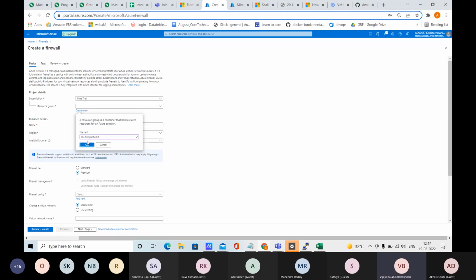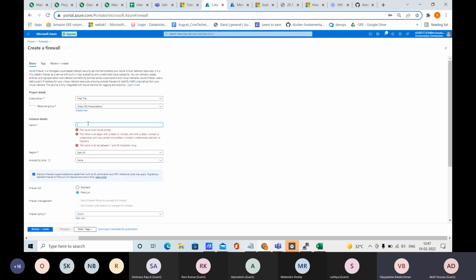A resource group is like a logical grouping, correct? You can group either project wise, location wise, or environment wise. It's up to you. But I have to see this resource group for the overall billing. It's kind of a logical activity.